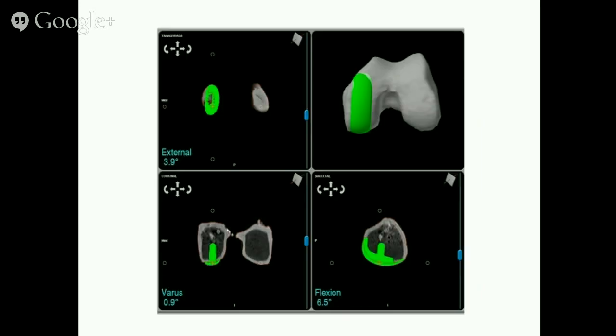The system then fits that mesh to the pre-obtained CT or MRI scan and registers the two together. And at that point you then know where the joint surfaces are in 3D space, and you can track them. So what the surgeon sees is a visualization like this, where the green area represents the bits of bone